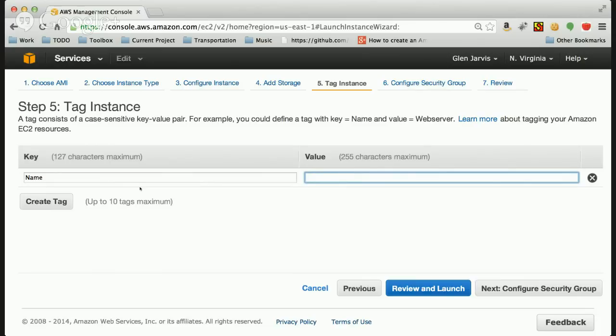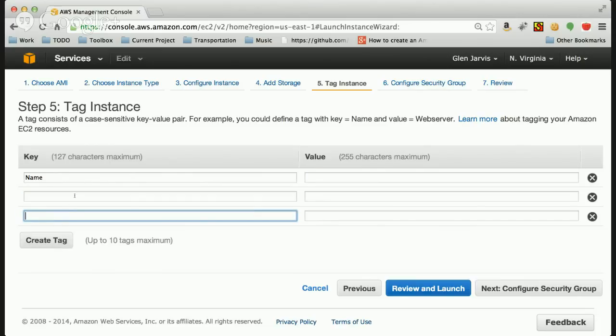So it seems like people want to label down. If I create a couple of these things, it's easy to want to label down, like the name of my instance is Fred. No. The value is here. So key on the left, value on the right. So the name of this is going to be